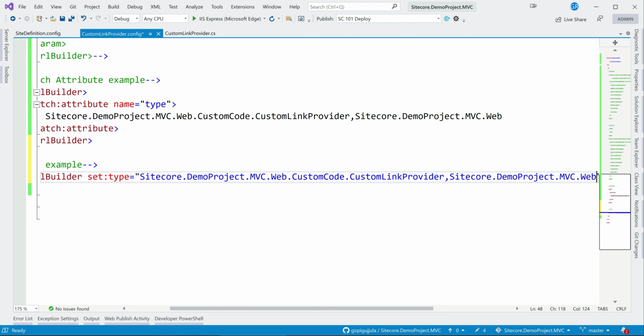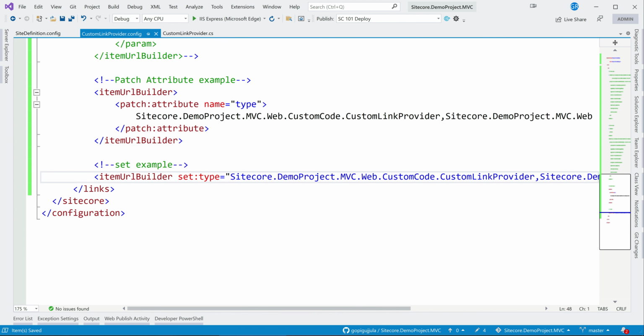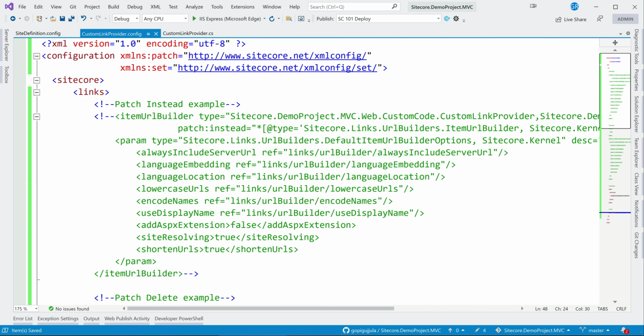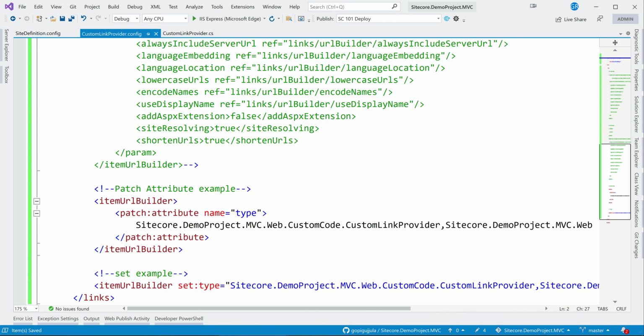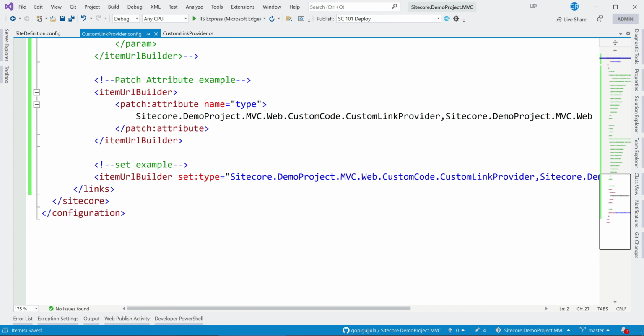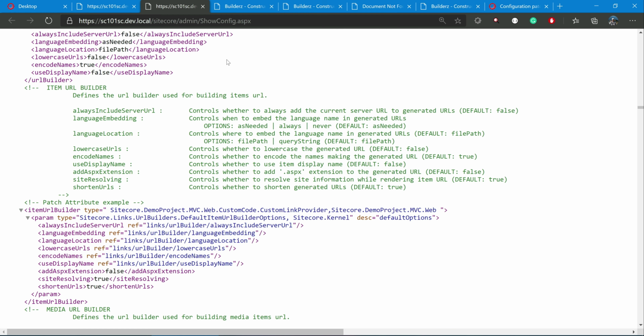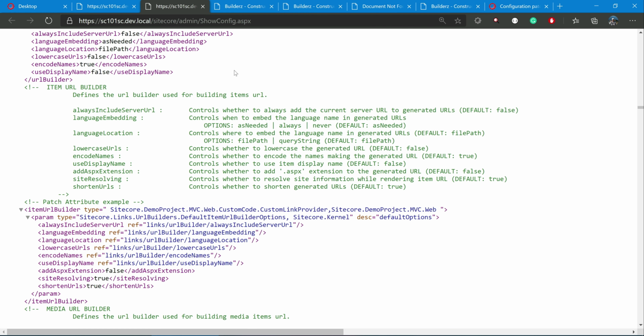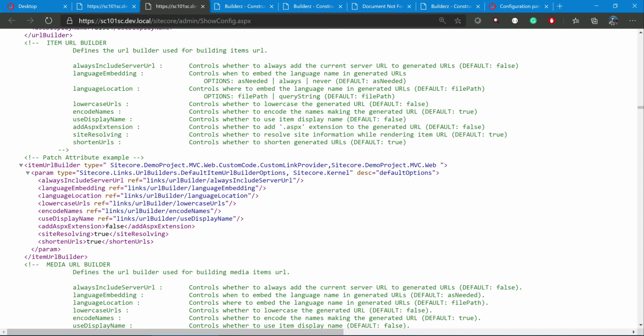So this is different to the patch. If you are using anything related to this set, make sure you have the XMLNS namespace set. For patches, this patch is enough. So you can also append like this, set example. Let me see if it loaded. Yeah, you can notice item URL patch attribute example.